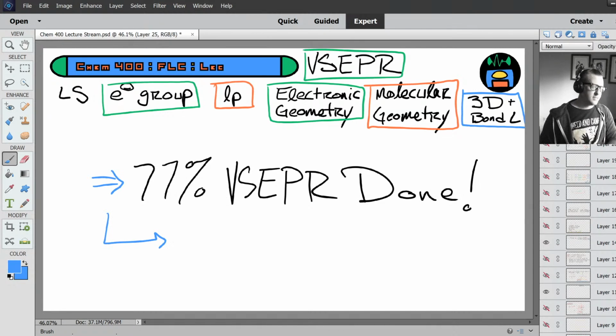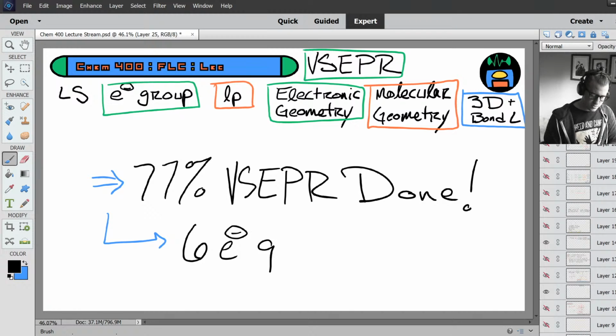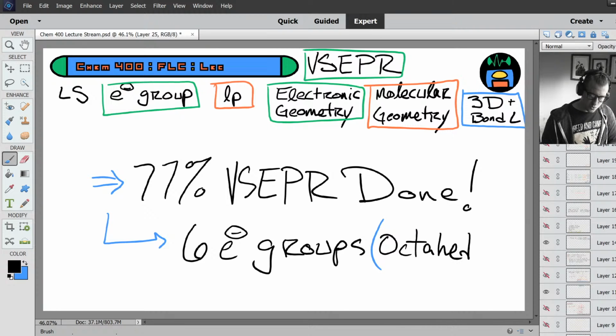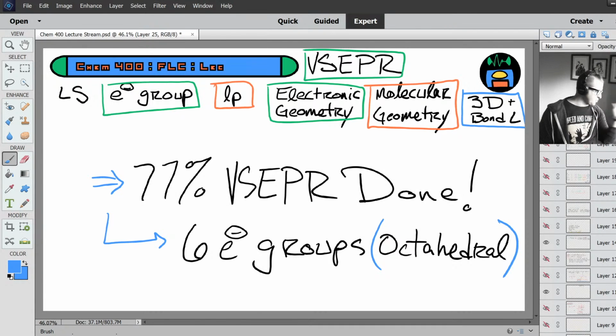In the next lecture, we'll do 6 electron groups, which is the octahedron, or octahedral geometry. And we'll look at the octahedron with no lone pairs, and then when we add lone pairs, how it affects it. We'll do that next lecture, just because I don't want to rush things, and we'll pick up from